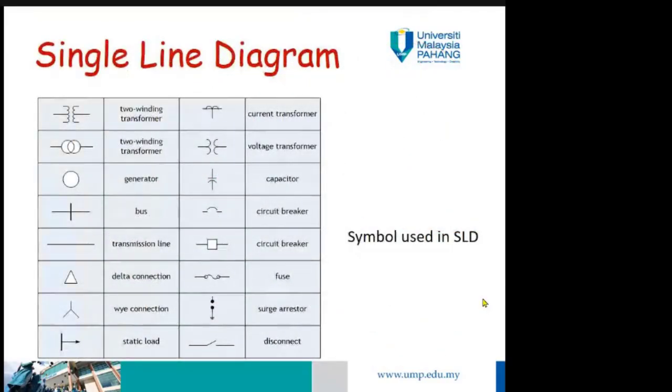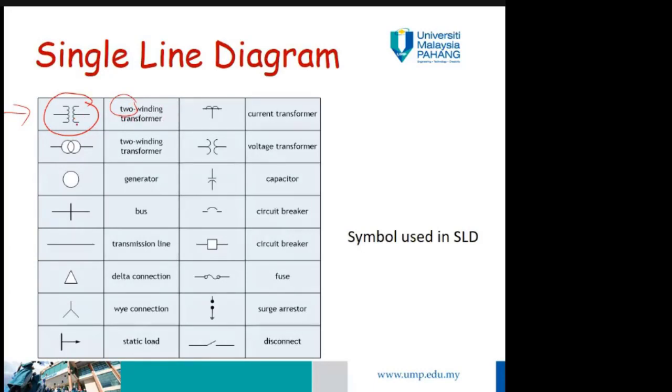So these are the single line diagram components. If you look at this, for the transformer, usually we use a two winding transformer. But when you study further or do your project in the power system analysis subject or electrical power system subject, you will find out that the transformer has several windings. It's not only two windings. Sometimes they have 3 winding transformer, 4 winding transformer.